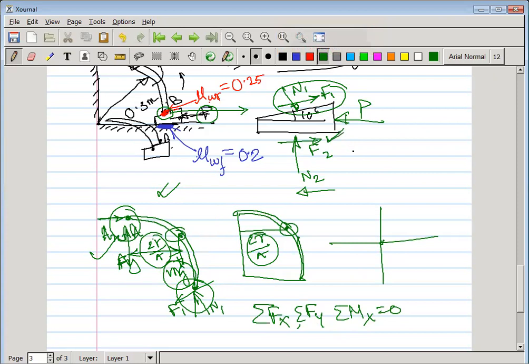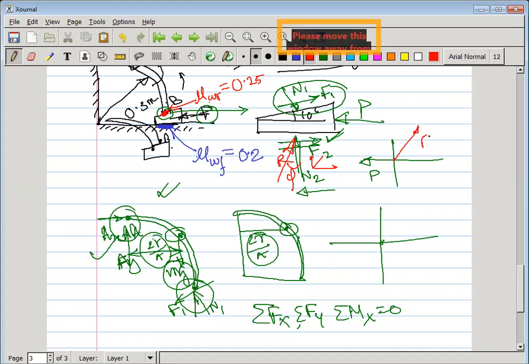First, see this one. These forces are concurrent as well as coplanar, so we can simply apply Lami's theorem. How do we apply it in this case? Simply put P, and convert this N2 and F2 into a resultant. The resultant is in this direction, since this is your F and this is your N. So the resultant makes some angle phi with respect to this. Another force here is your R2.